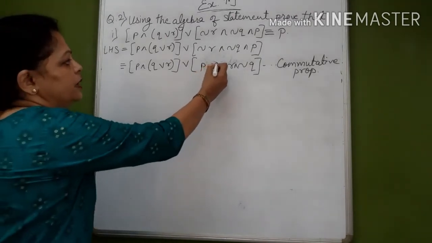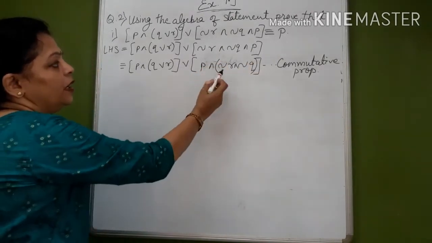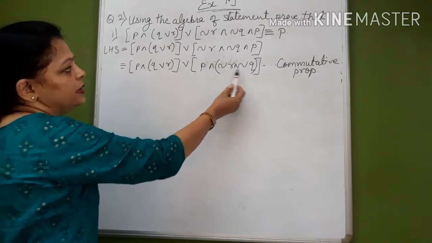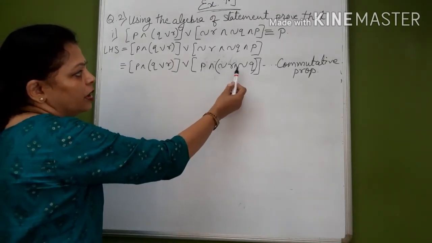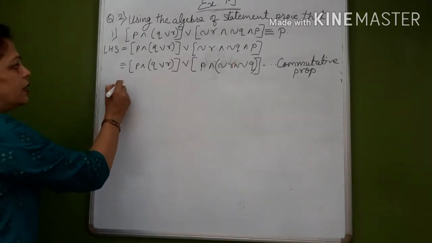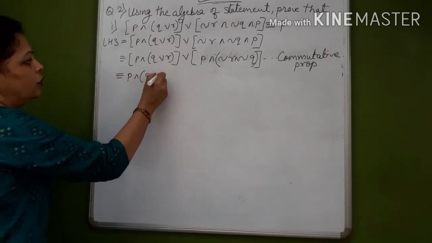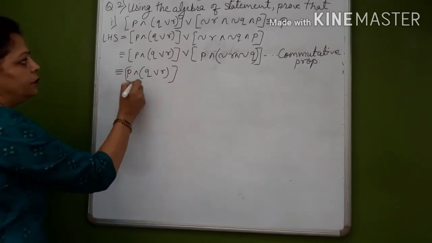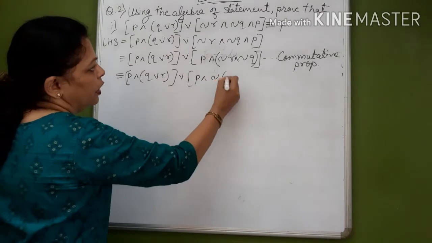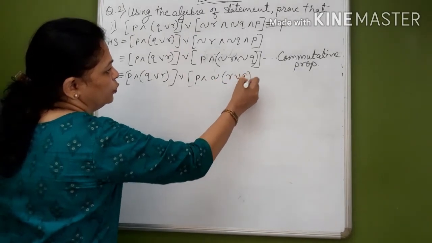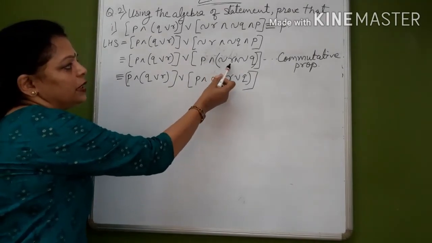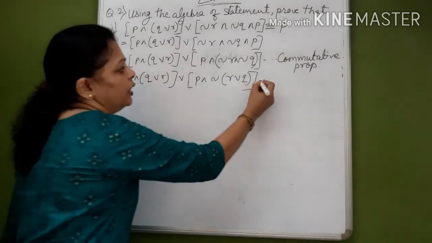Now what we are going to do is, see this bracket, we are putting these two in the bracket. We got negation R and negation Q. Now by De Morgan's law, this is same as negation of (R or Q). This AND sign will change to OR. So first let us write that P and (Q or R) or P and negation of (R or Q). Negation of (R or Q) will be equal to negation R and negation Q. That is your De Morgan's law.